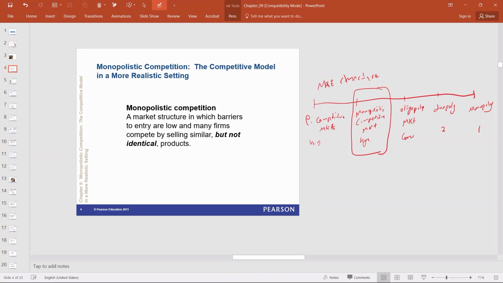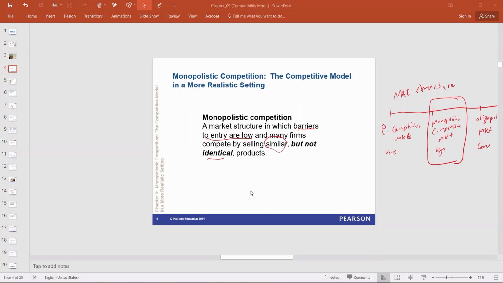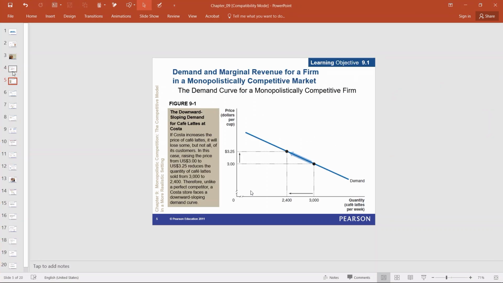And here we have definition of this market. So a market structure in which barriers to entry are low, which means many firms could get into this market or even to get out from the market easily. And products offered in this market are similar but not perfectly identical. This means consumers can make some difference. Another characteristic of this market is that the demand curve is downward sloping or negative slope,